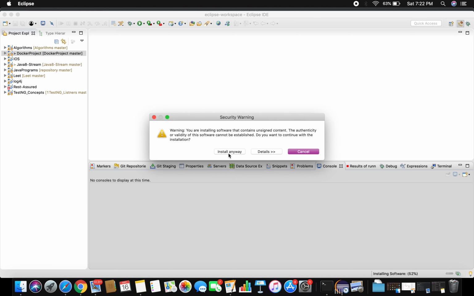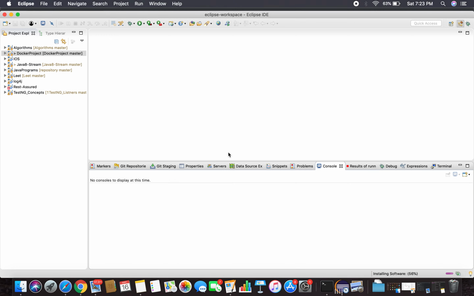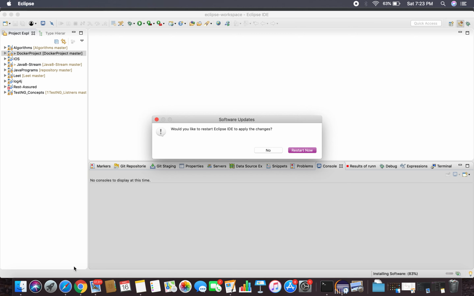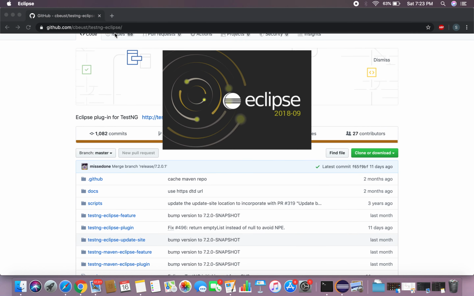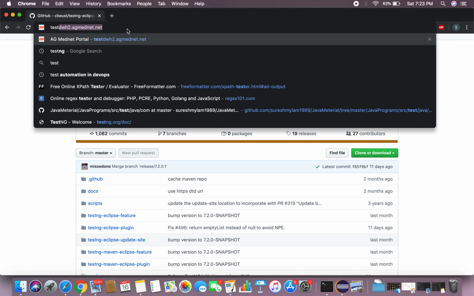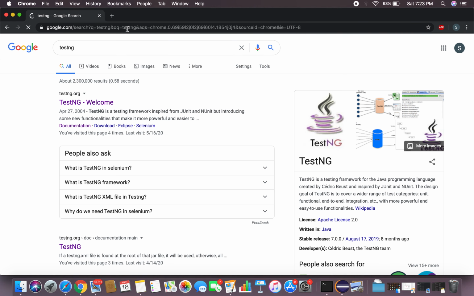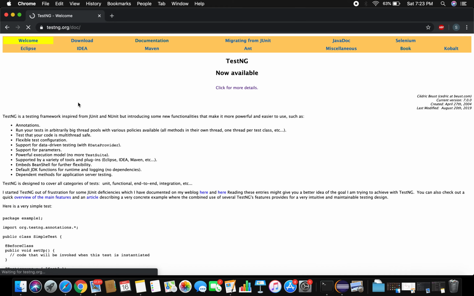Okay, there is a warning, but you can select install anyway. That's fine. Okay, I'm going to restart the Eclipse. Meanwhile, let us go to the official TestNG website to understand what is a TestNG and how this TestNG is